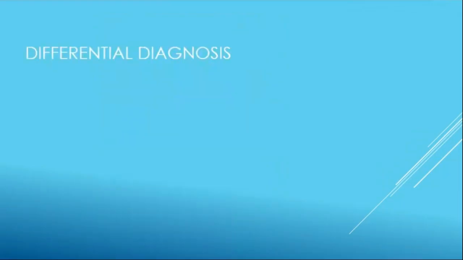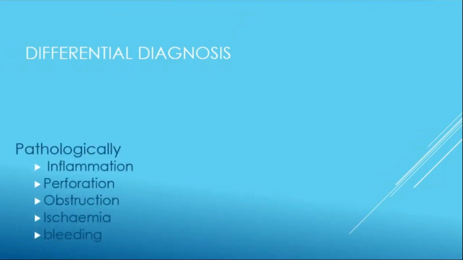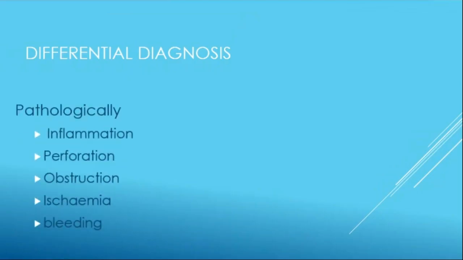Right. Now I have given you the brief explanation about the pain in an acute abdominal patient. So then, how are we going to formulate some sort of a strategy to diagnose this patient? That's the main challenge. Yeah. So the differential diagnosis could be made based on the pathology of the disease.